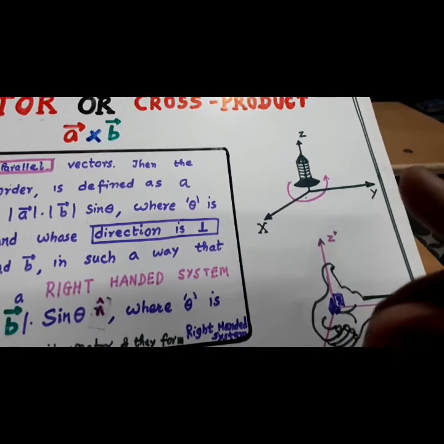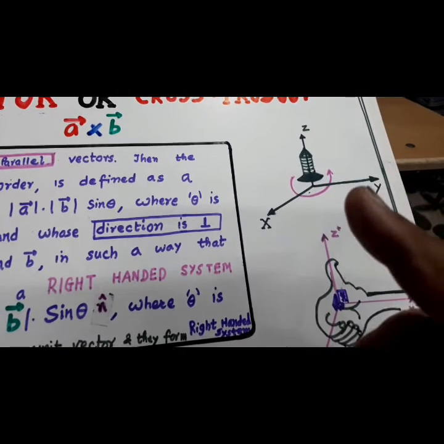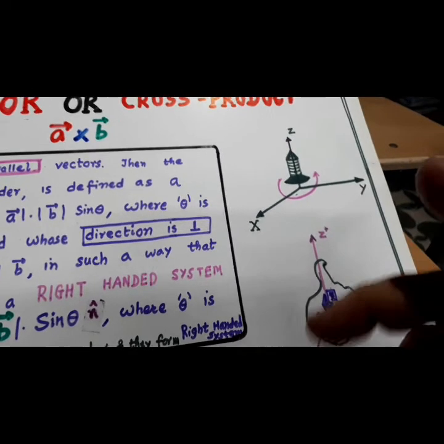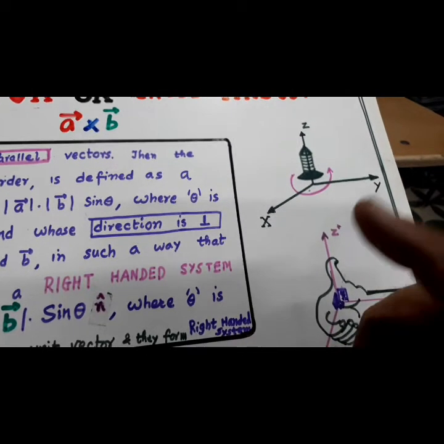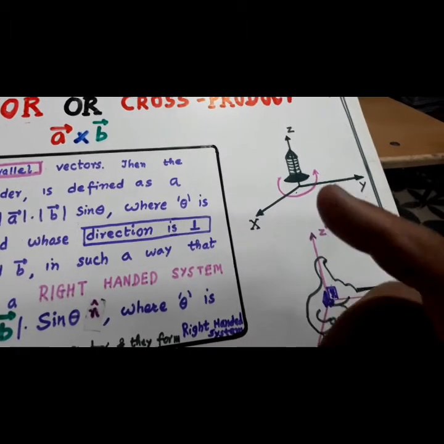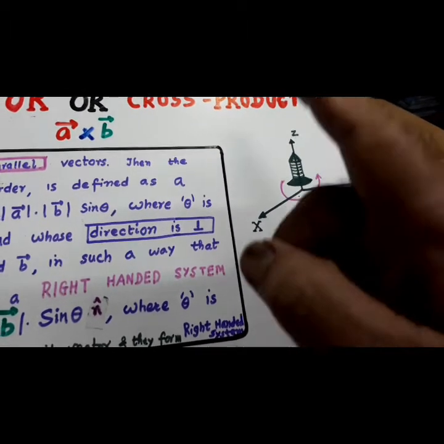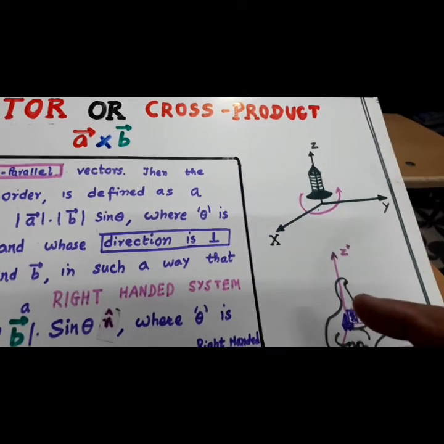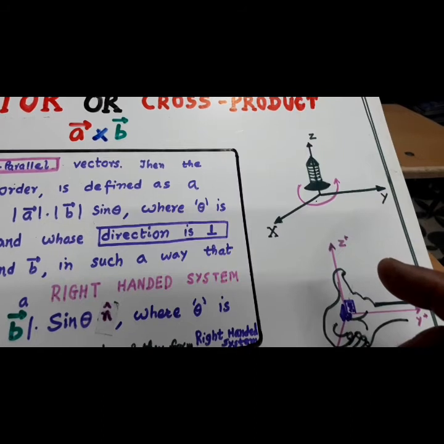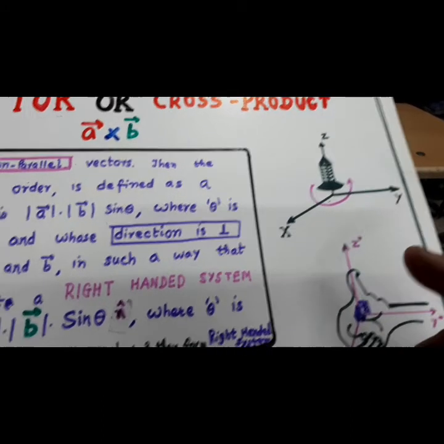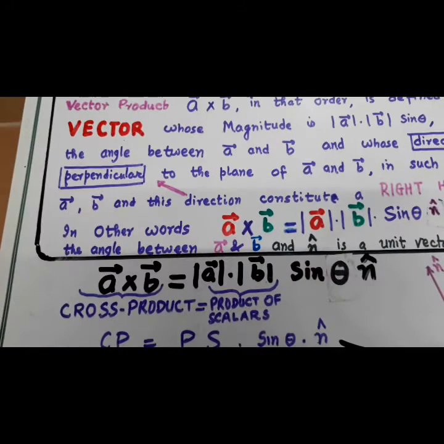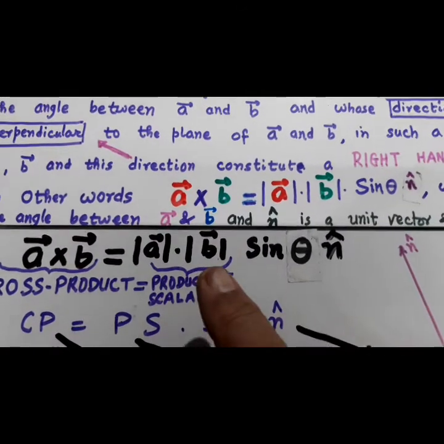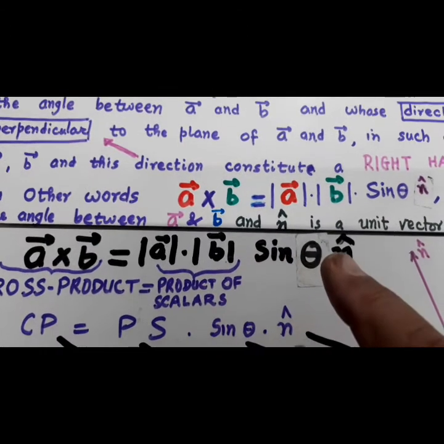Supposing आप एक स्क्रू कस रहे हैं ऊपर की तरफ, तो you will be using your right hand thumb rule. So you will be going in the anticlockwise direction and this thing will go up. The screw will go up when you are tightening it in the anti-clockwise direction. So the cross product becomes A cross B is equal to AB sin theta n cap.